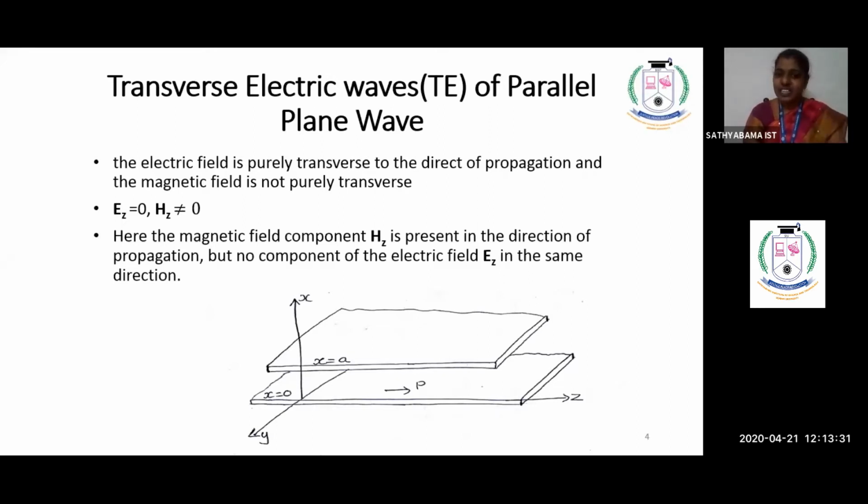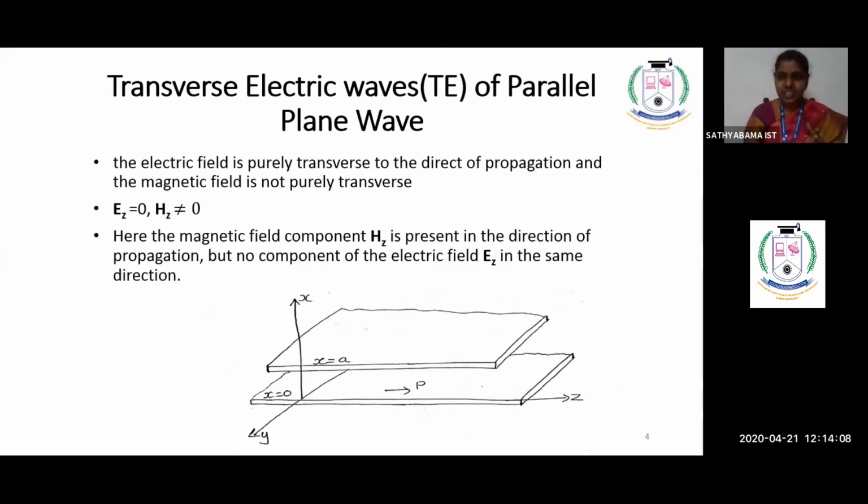If you see this diagram, along the Z direction your wave is going to propagate. Along your Y direction, it is an infinitely long plate, so there is no variation. It is a fixed one, infinitely long. But along your X direction, it tells you about the spacing between the two parallel running plates. The spacing is represented as x equal to 0 and x equal to a. This spacing only acts as a boundary condition for solving this particular problem for us.